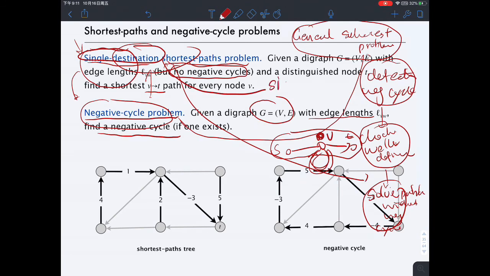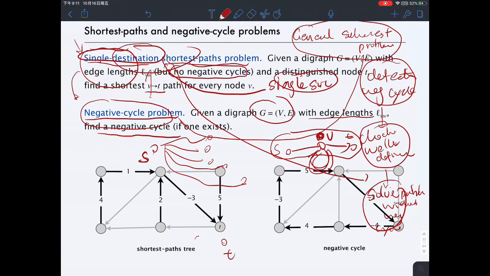And notice that here we are looking for a single destination. Usually we look for the single source shortest path, right? Basically, if I'm given an S, I want to find the shortest path connecting S to all other nodes, right? But here, it's a single destination. If I'm given the destination T, am I able to find the shortest paths ending at T, right? So this is just a definitional issue. Somehow when we run the DP algorithm, we are actually able to